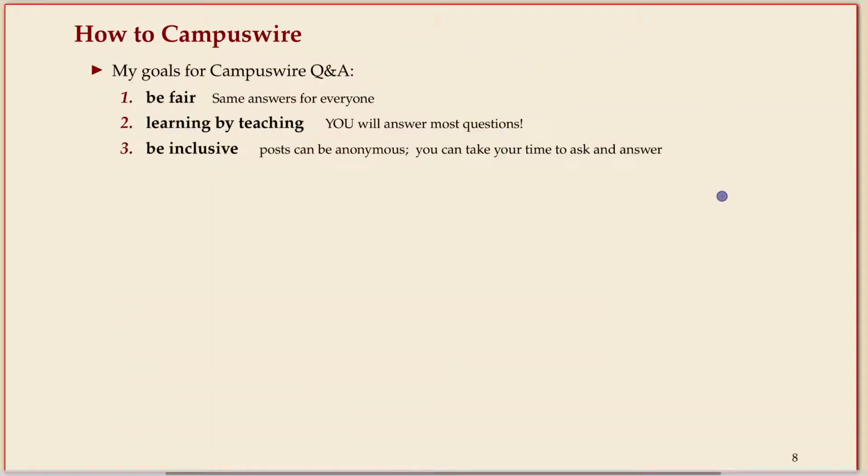I've spelled out some goals for Campuswire. I'm kind of forcing you to use it and give it a go at least. I think it's fairer because everyone gets the same answer, as opposed to some students coming to me or office hours where I give the same answer to everyone who's there, but not everyone's there. It's the same effect I mentioned before. You learn something if you explain it, and anonymous can help get more people active, and that's always good.